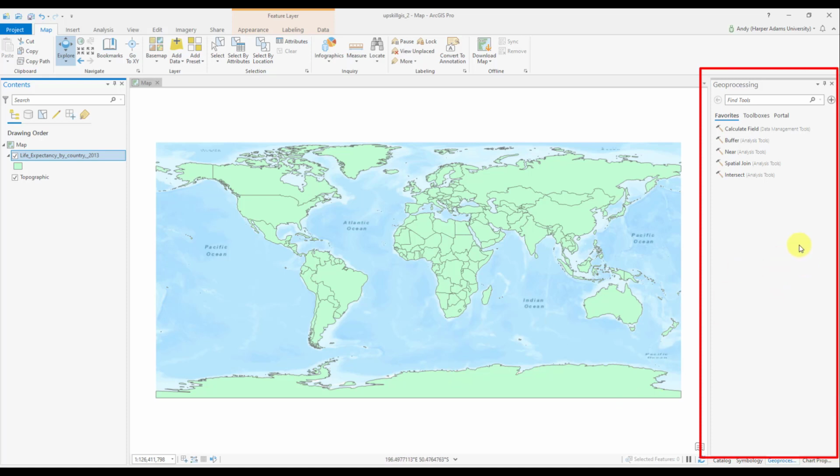Now, over here in this pane, you'll see it says geoprocessing. This is simply the last window that I used, but I can take that, I can delete that, and eventually I'll come to this thing called catalog, and we'll talk about catalog again in a future session. But essentially it's like Windows Explorer for ArcGIS with a few more functions. Okay, so